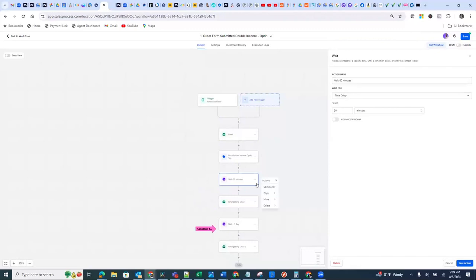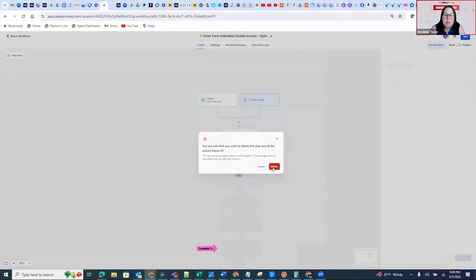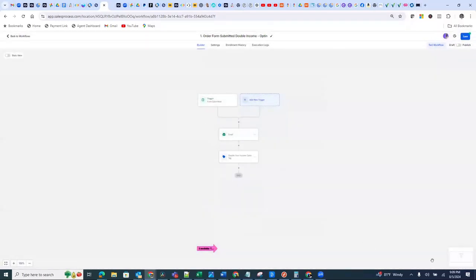Okay, so let me do that here. Let me take this out. Delete action. And you can get all actions from here, yeah. Okay, so now you can just save that. Okay, so that's the primary. And just remember that it's not published, so it's not going to work unless you publish it. Right. Okay. Gotcha.